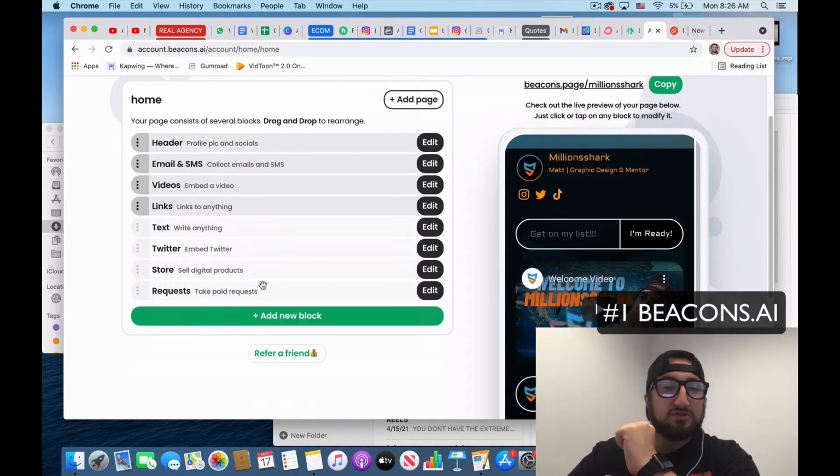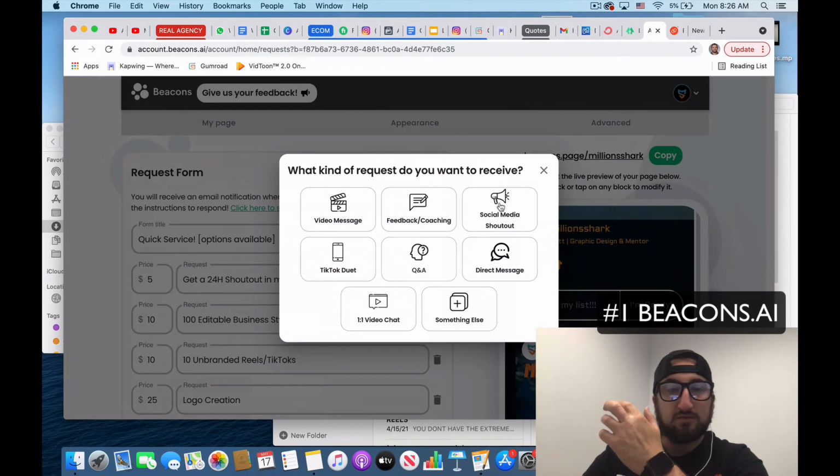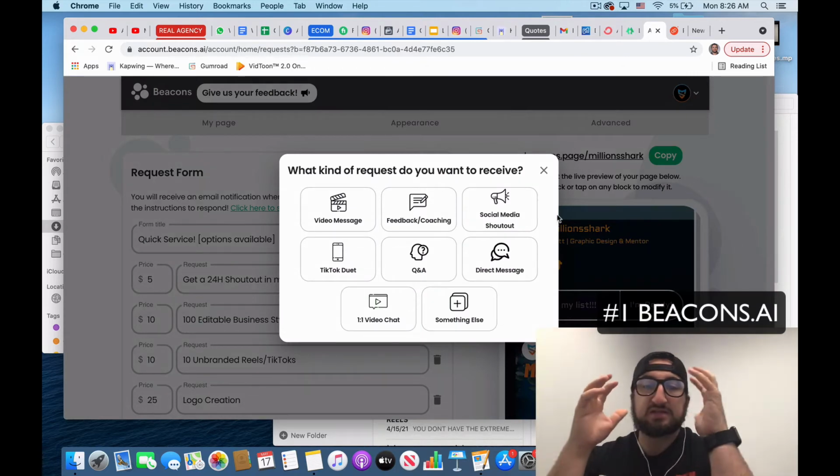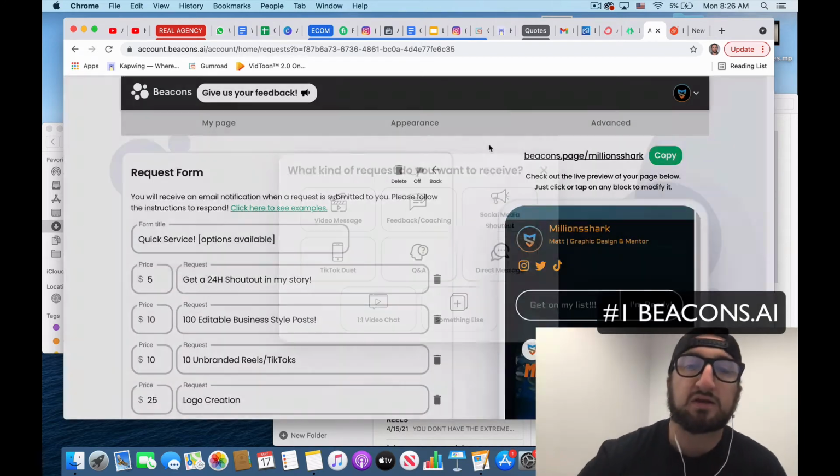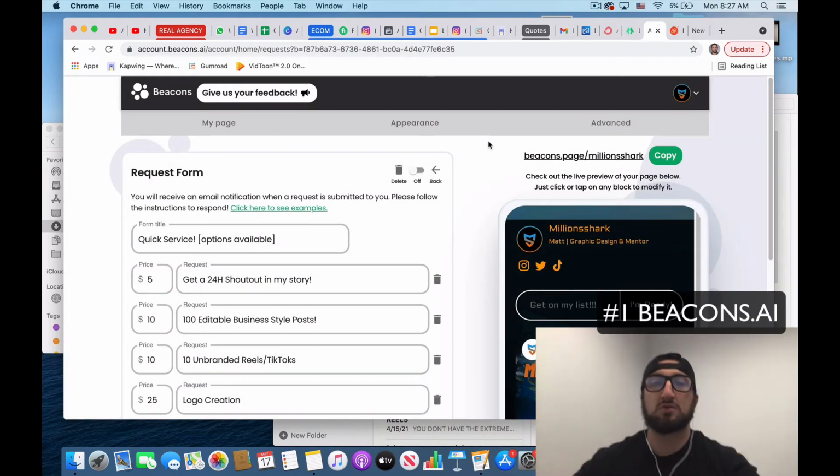And it unlocks this paid request. So you could actually set paid requests in your bio, so people don't even have to go anywhere. They could just say, hey, I want to do a coaching call, and they could just purchase the coaching call right off of your link without having to go to a site like Gumroad or a site like